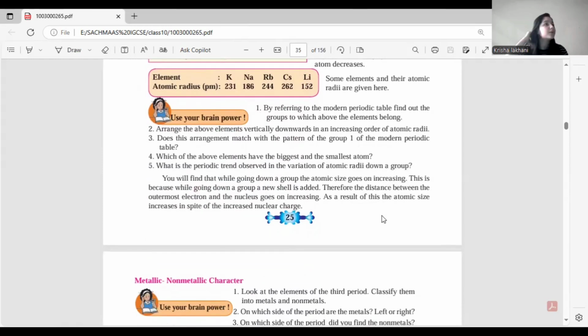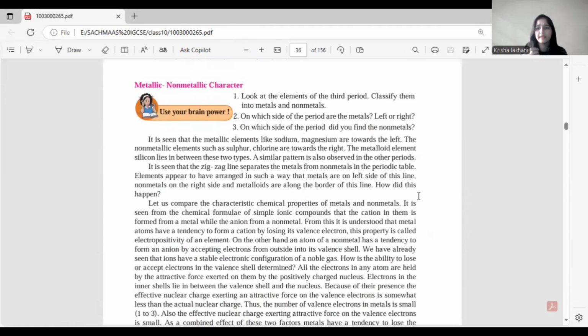Okay, so you can do one thing. Whenever I say the board exam question, you take a different color pen, or a different color marking, or a different symbol for you to remember it is boards. It is a question from the boards. So make sure you do that properly. Whenever I say it is a board question, mark it with that same symbol.